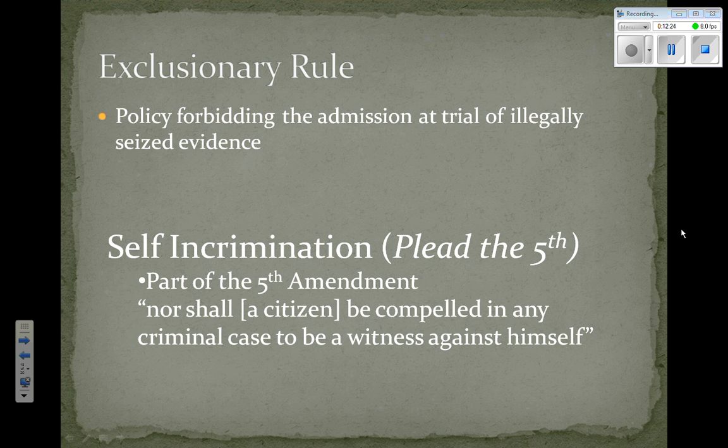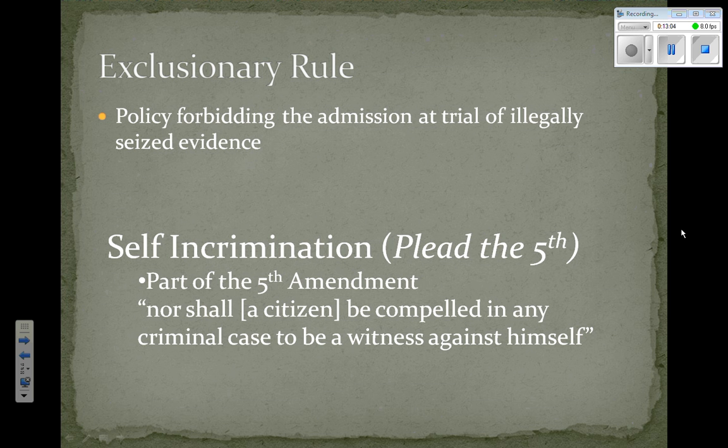Now I'm going to talk about the exclusionary rule and self-incrimination and a little more information. But in essence, the exclusionary rule is stating that if you're in court and you are charged with a crime and they present evidence that is used in that court, well, if that evidence was obtained illegally through violation of the search and seizure laws,